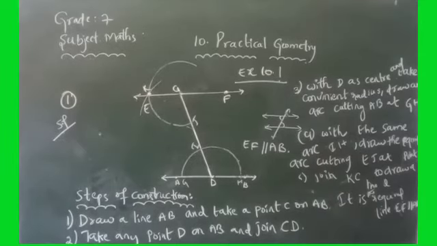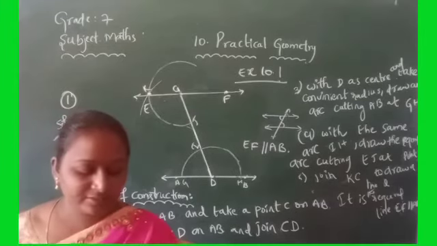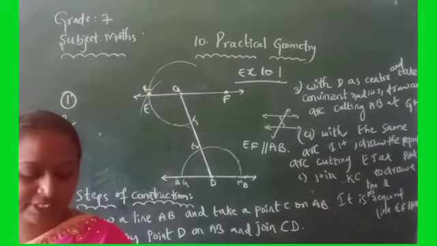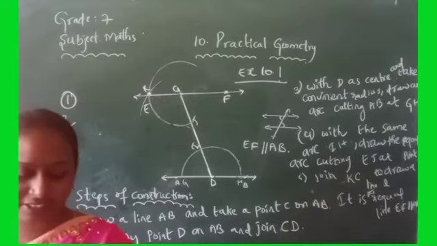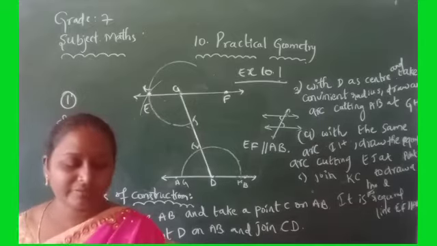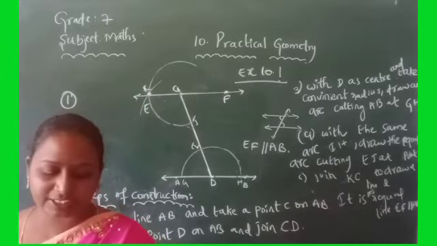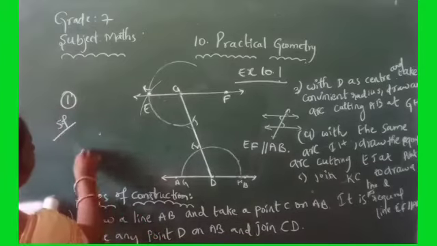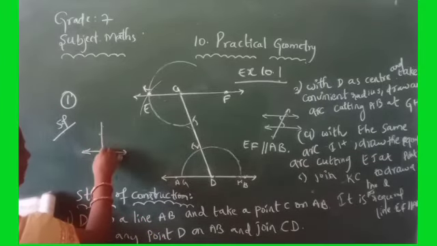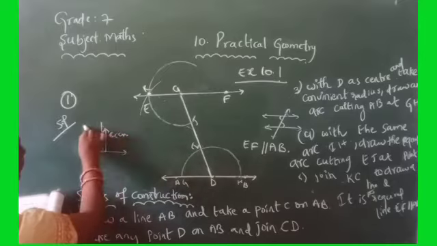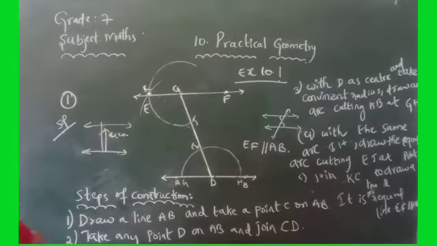Now take the second question. What is given? Draw a line L. Draw a perpendicular to L at any point on L. On this perpendicular, choose a point X 4 centimeters away from L. Through X, draw a line M parallel to L. So first draw a line, then draw a perpendicular to L at any point on L. On this perpendicular, choose a point, 4 centimeters away from L. Through X, draw M parallel to L. That one we have to show.